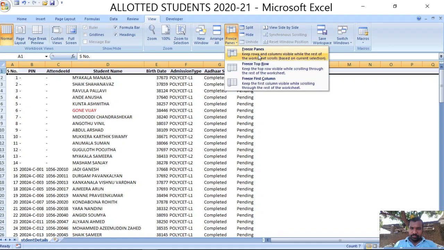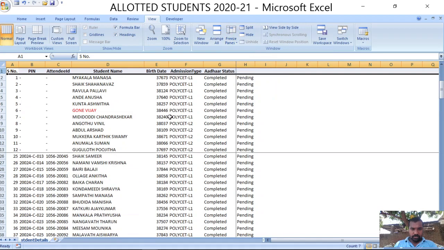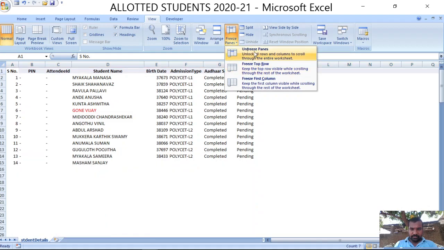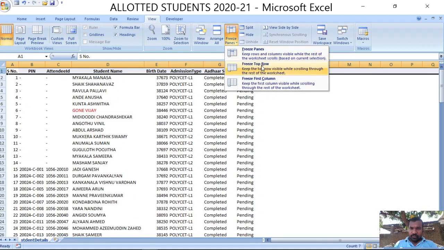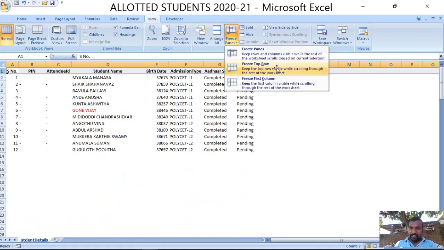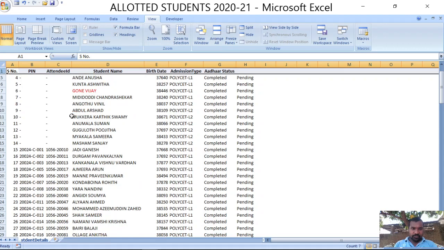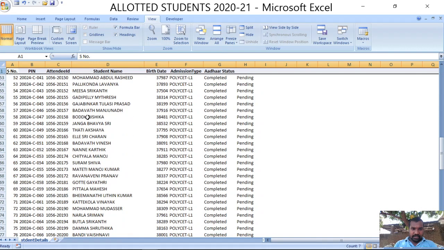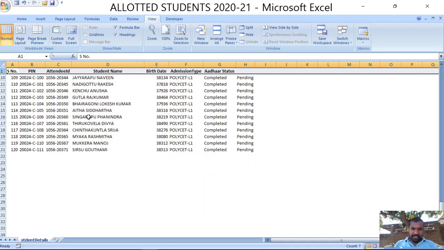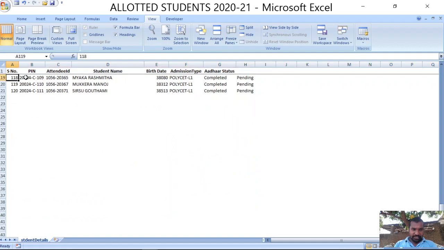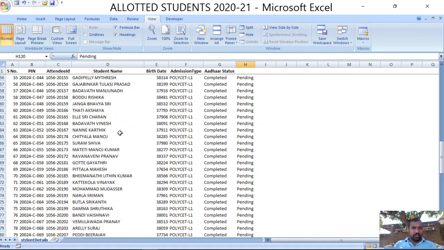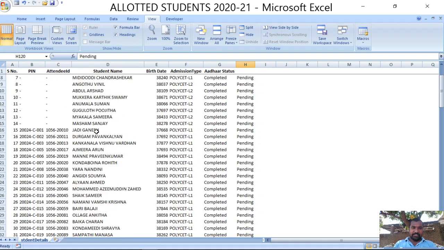Choose the option Freeze Top Row. Then this particular row will be frozen. So you can navigate throughout the document, and you can observe the serial number, pin number, attendance ID, student name, birth date, admission type, other status and so on. So the top row is fixed.